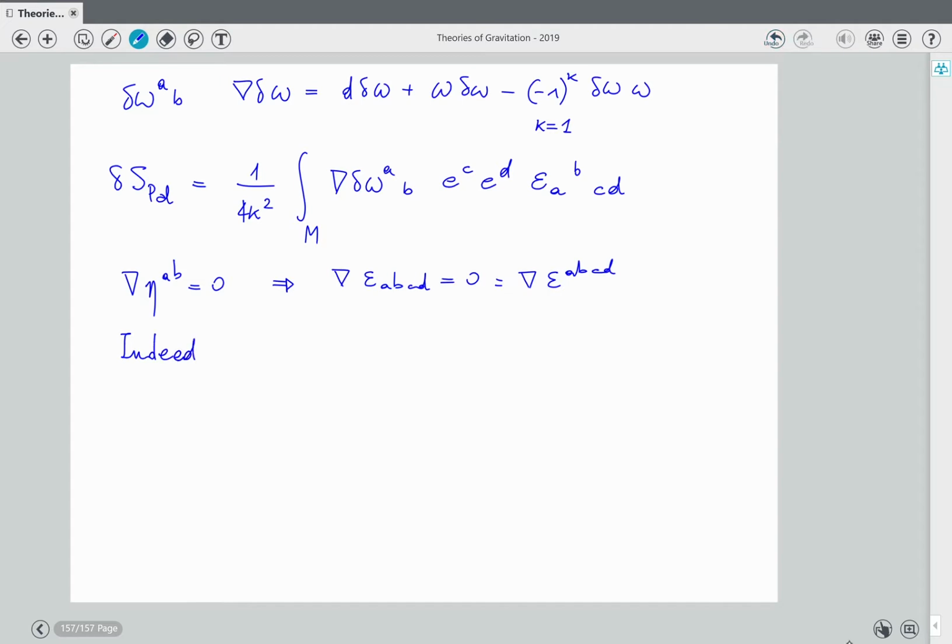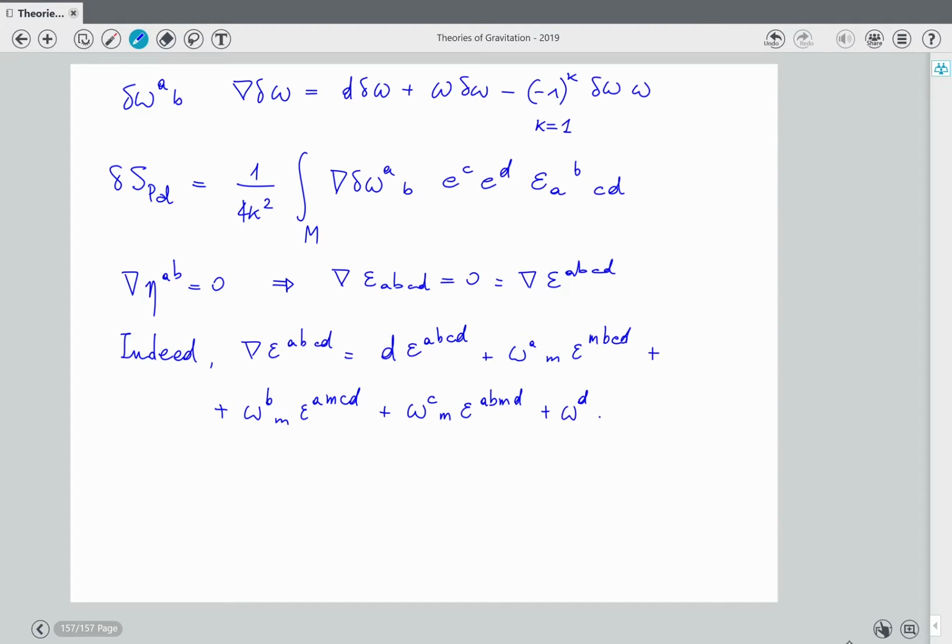Well, we work out the covariant derivative of the tensor, and that is equal to the exterior derivative plus omega. There is an omega for every index. They are all upper indices, so you just have to sum for similar contributions. Now, this is 0 because epsilon is a constant, and the rest is 0 because you can check it for